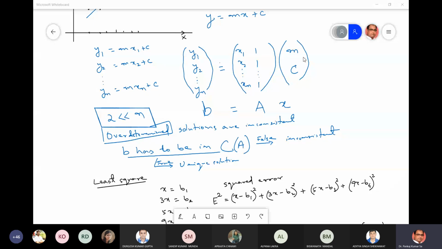One matrix is the unknowns m and c. The other matrix is again n cross 2. So n number of rows signifies the set of equations, and two columns. So these two columns match with